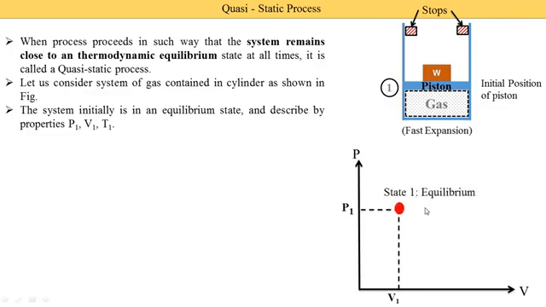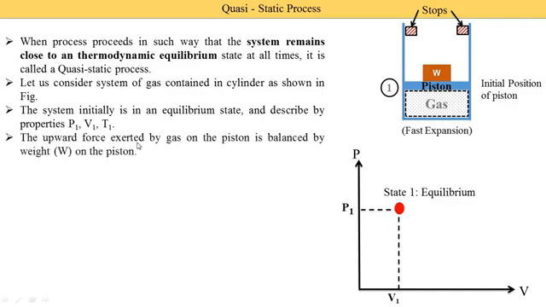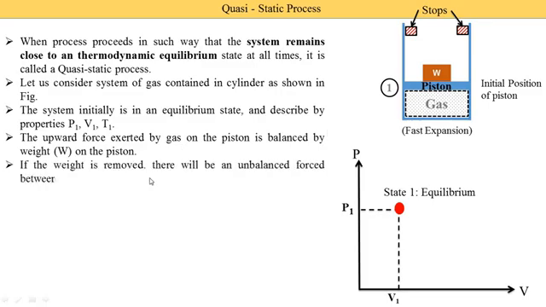Why is it in equilibrium? Which equilibrium? It is in thermodynamic equilibrium. During this initial position, the temperature at all points is the same, the force applied by the gas is the same, that is called mechanical equilibrium, and the chemical is also in equilibrium. The upward force exerted by the gas on the piston is balanced by the weight W on the piston, which I already explained. If the weight is removed,